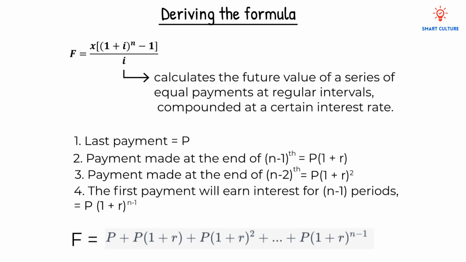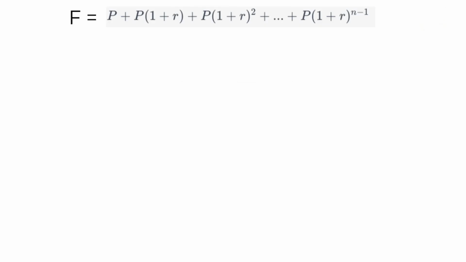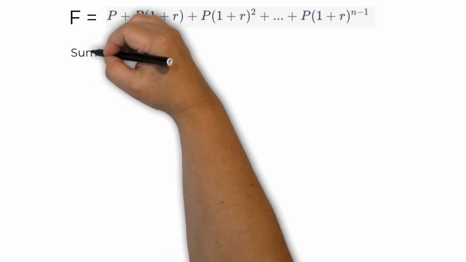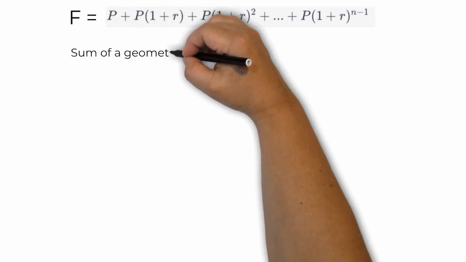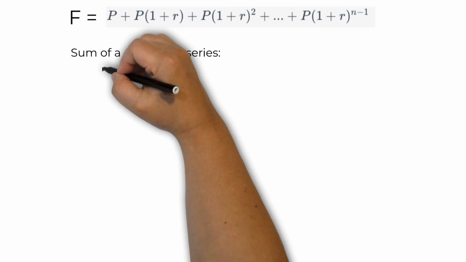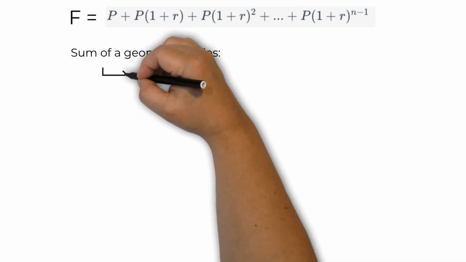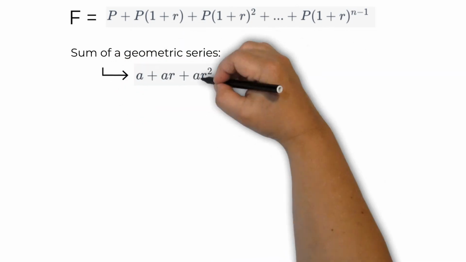So that will be P + P(1 + R) + P(1 + R)^2, and then the last term will be P(1 + R)^(n-1). Notice that here we have a geometric series where each term is multiplied by a common ratio 1 + R from the preceding term. Now the sum of a geometric series, a + ar + ar^2,